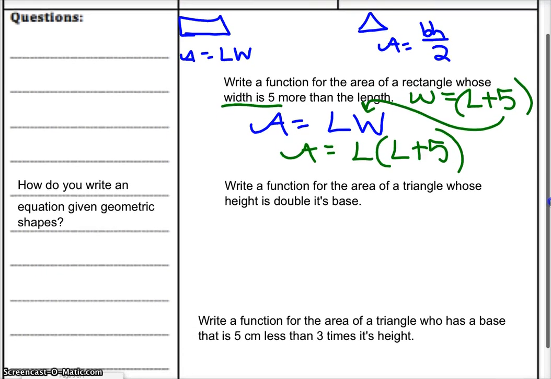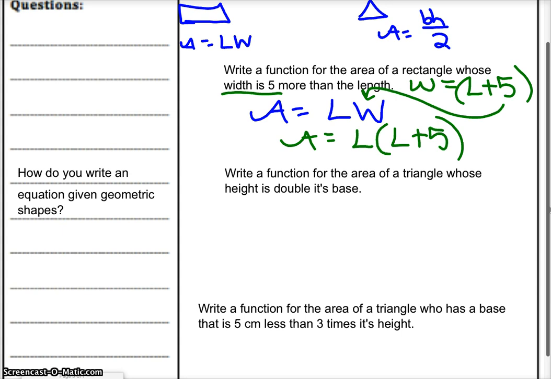Okay. Write a function for the area of a triangle whose height is double the base. So here's what I do. I write the original area equals base times height over 2. That's the formula I gave you. Now I say whose height is, that means h equals double its base. So 2 times the base. H equals 2b. Do you see? Now I put